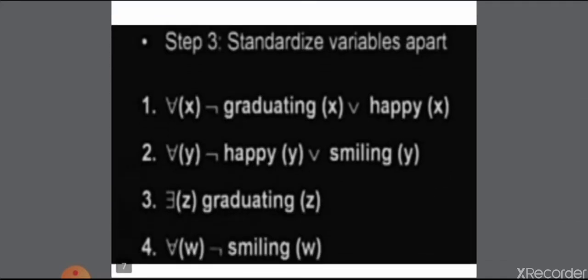Here, after standardization of variables, we have used x, y, z and w, the four variables, so that each quantifier binds a unique variable.